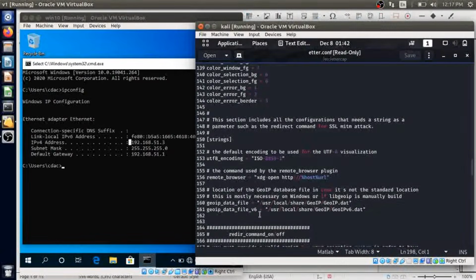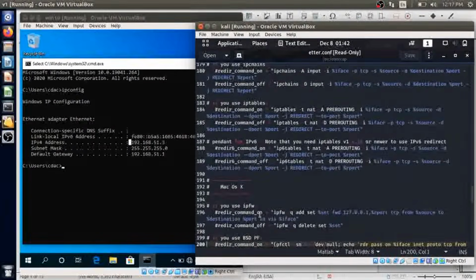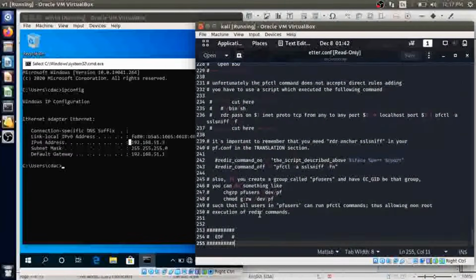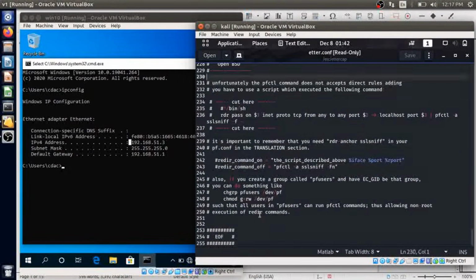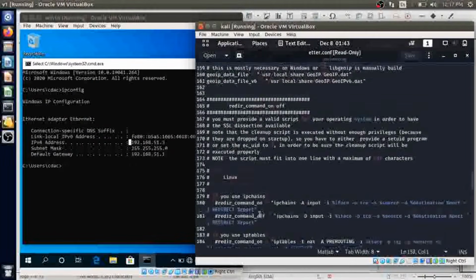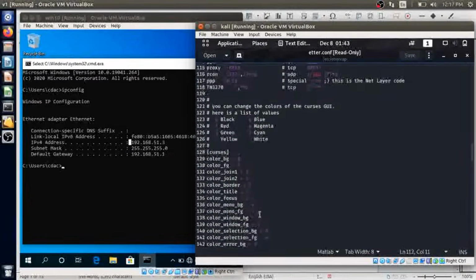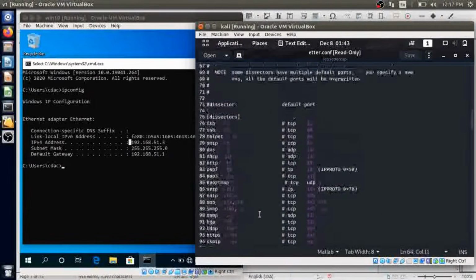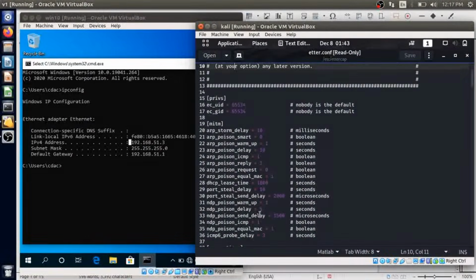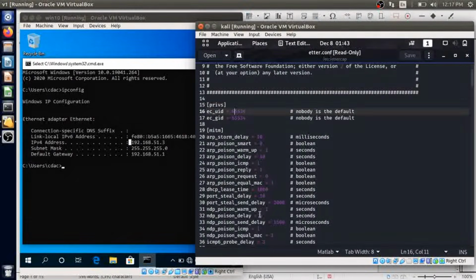Here it is. The EC_UID is something we are going to keep as 0, and EC_GID is 0.